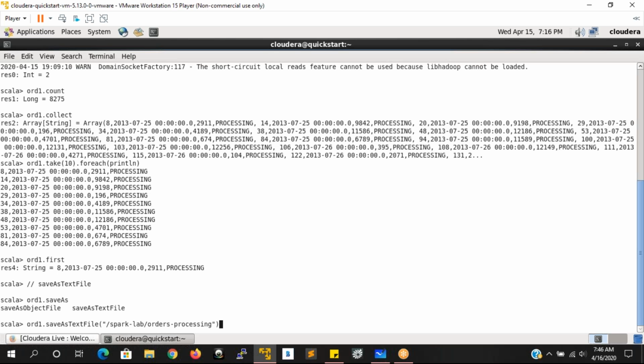So in the Spark lab, it will create a directory called orders-processing, and then it will store the results of this RDD into that directory. Generally, when we run a MapReduce job also, we provide an input path and an output directory, and the output directory should always be a new one.